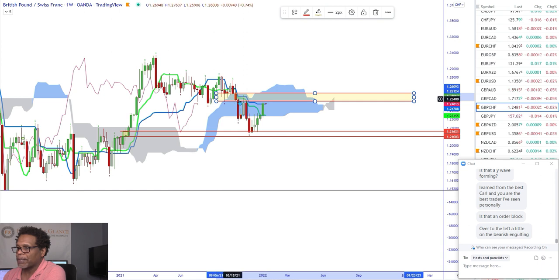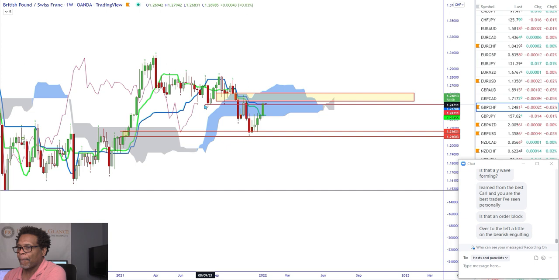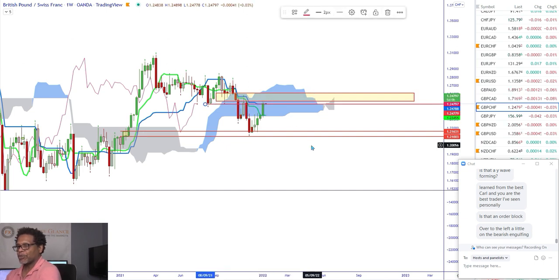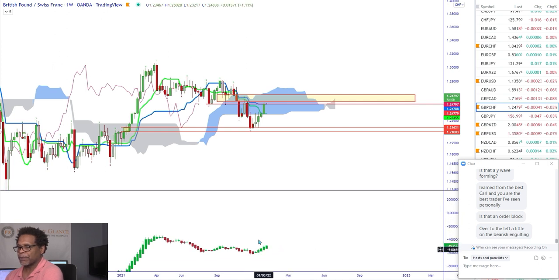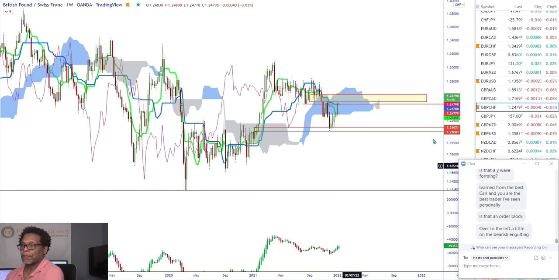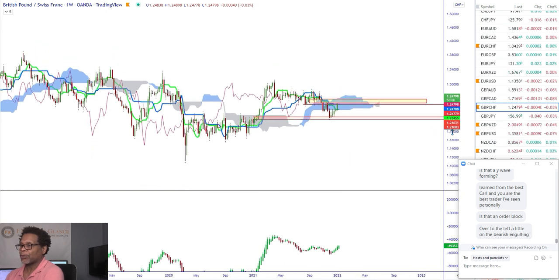We pushed right up to this level. Now we may be bouncing off of this fractal though. We're right on that fractal. So we're in this area. I think we see the market drop. It's very bearish. It's very flat, really. All right, and we still have some demand coming into the market. But our cloud changed to dark. So I don't like any long opportunity on this. TK crossover is bearish. Chikou span below Kijun-sen and price.